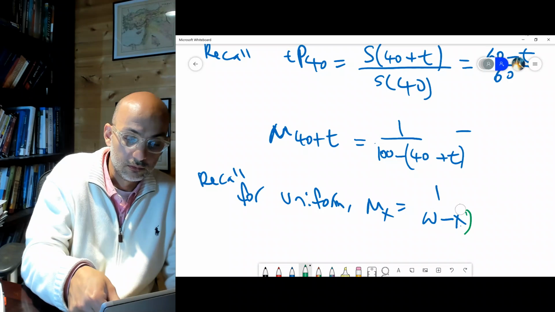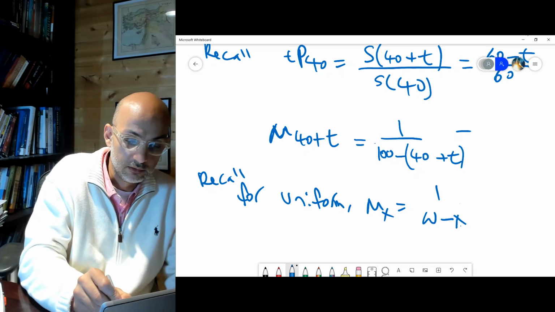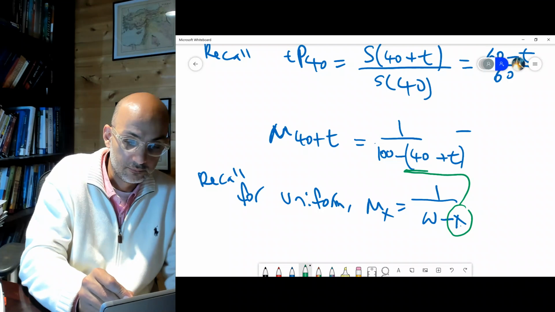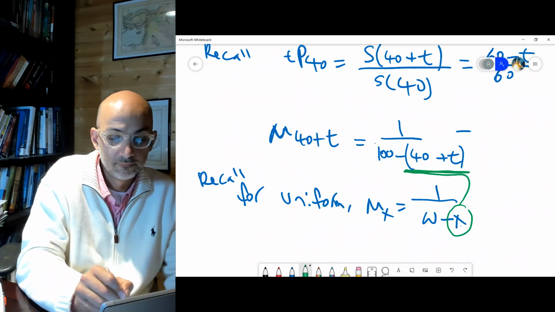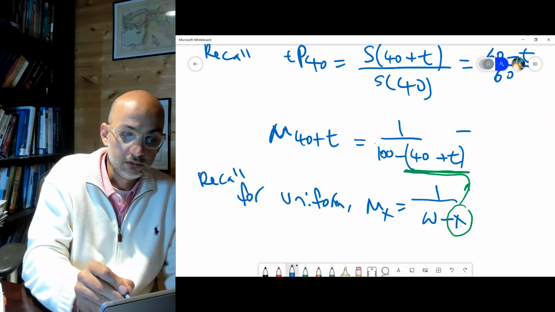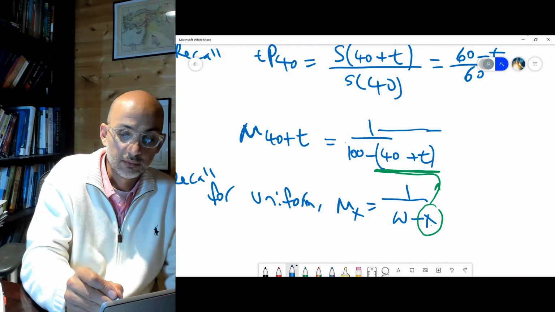Just to note what I'm doing here, I replaced this x with this, right? So now mu 40 plus t becomes 1 over 100 minus 40, which is 60,